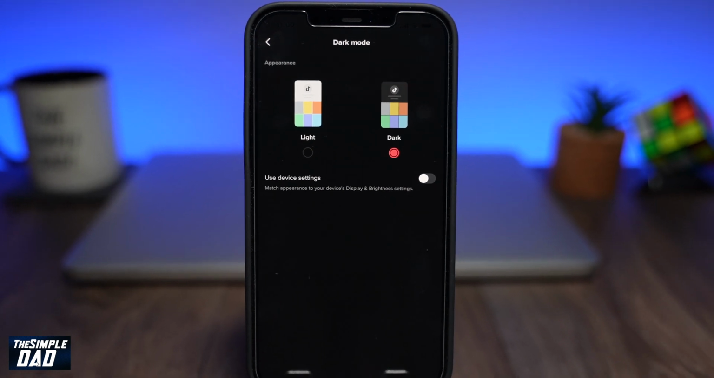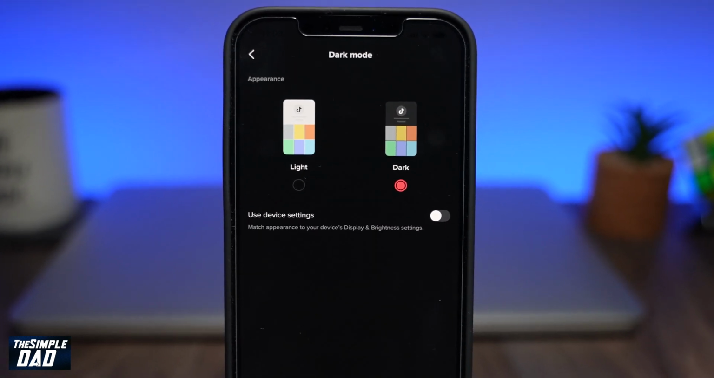Welcome back everyone. In this video, I want to show you how to enable dark mode on your TikTok app